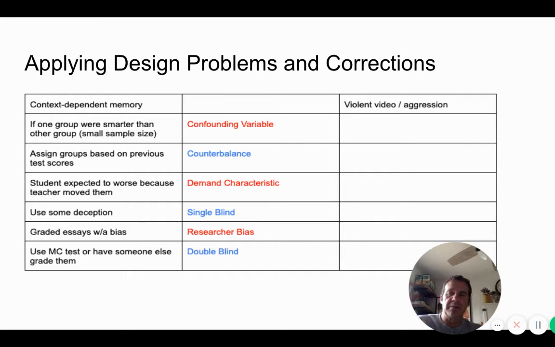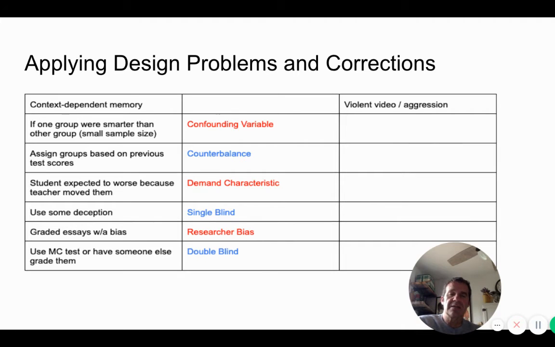So confounding variable, remember, is a variable that messes up an experiment, an outside variable. What if one group was naturally more intelligent than the other group? If we are only doing a study with 20 people and 10 end up in one room and 10 end up in another room, there's a good chance that there's going to be a difference in maybe how much they study, how smart they are, all that type of thing that could be a bigger factor, right? So when we have a small sample size, that's going to be a problem. Again, if we're doing this with 100 people, then we can randomly assign and probably get rid of this confounding variable. But if we're doing it with a smaller sample, then we have to be more deliberate